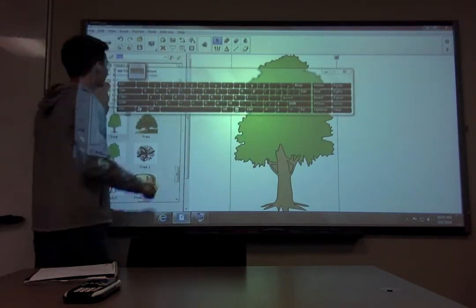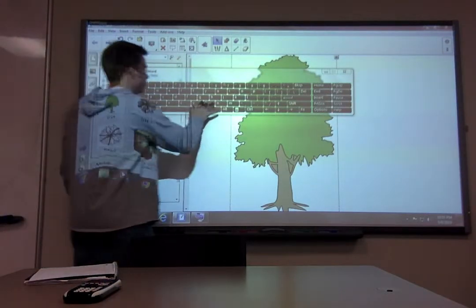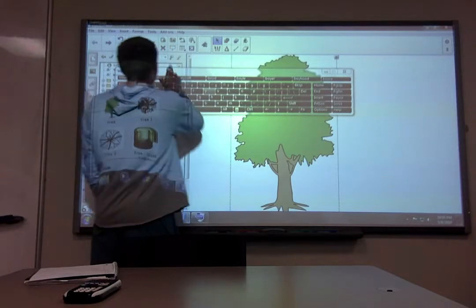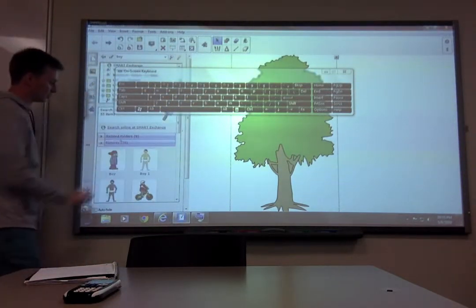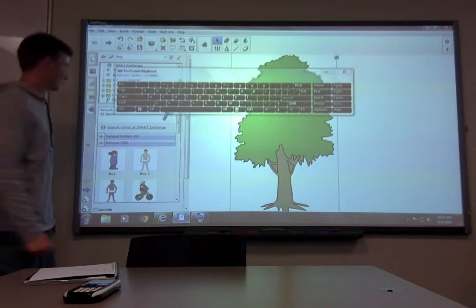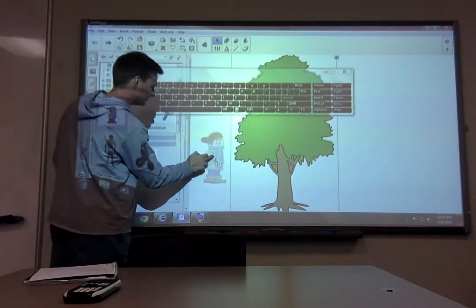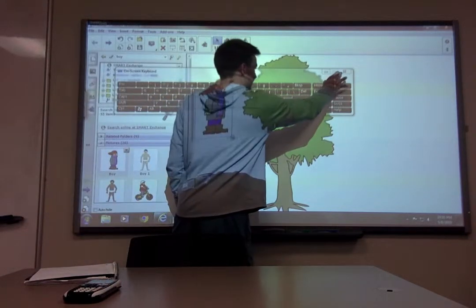And next, let's just look for maybe a boy to be standing next to the tree. So let's search for that. Looks like we have 20 different boys to choose from. One regular looking boy, a couple of boys in whitey tidies. I think we'll just go with the normal looking boy. So we'll drag him out here. Once we have these guys out here,